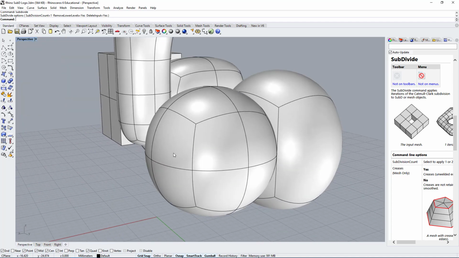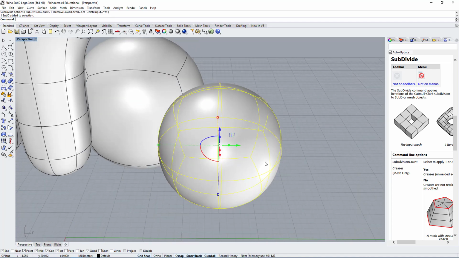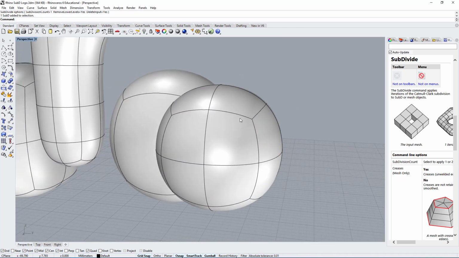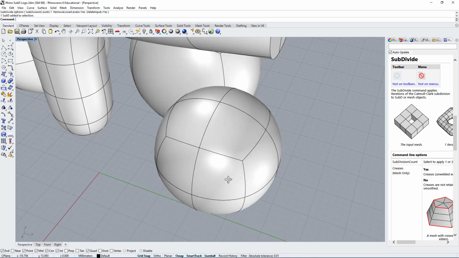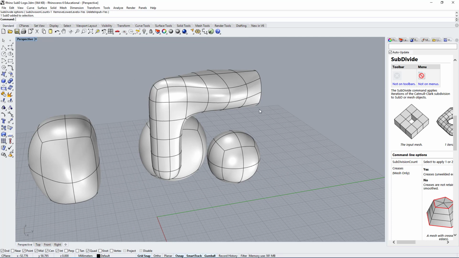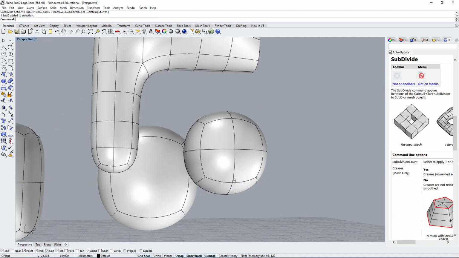So it gives me more control, more points to work with, and typically it's a little easier to work with an object that has more control points, for the sake of having more control. Now if you want to work quickly, it's better to have less points. If you want more accuracy, you will want additional points to work with.